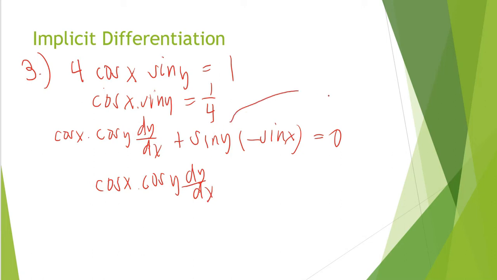So this one to the other side will become negative, becomes positive, no? So we just arrange, unahin lang natin yung sin x, then next is yung sin y. So negative siya, to the other side is positive. And then we transfer cosine x cosine y to the other side by dividing both sides by cosine x times cosine y, will give us